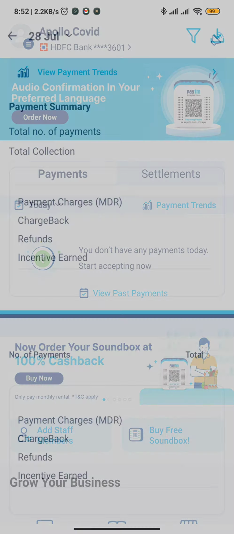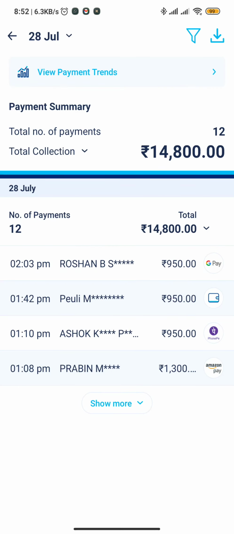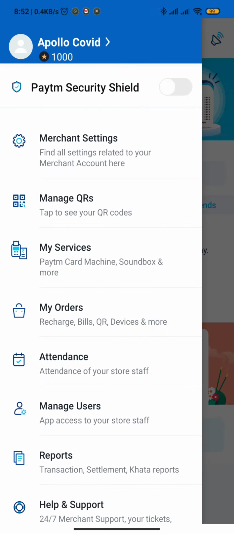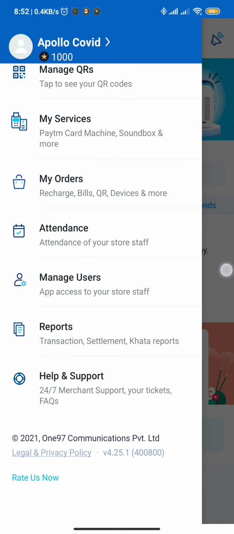Also, what you can do is, for example, for yesterday's thing, I have downloaded the report. Coming to the payment summary, you can see on the right top corner there is a download button. Once you press this button, a report will be downloaded in the report section, which is here in the hamburger. You can click the hamburger and there is a report section.